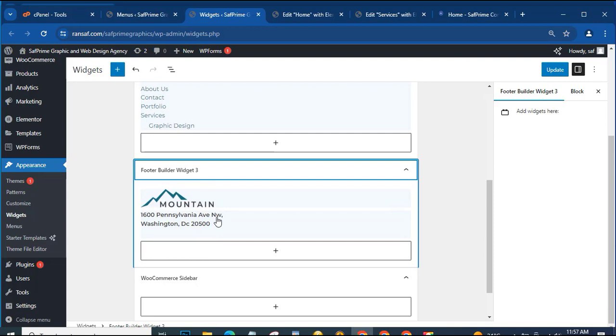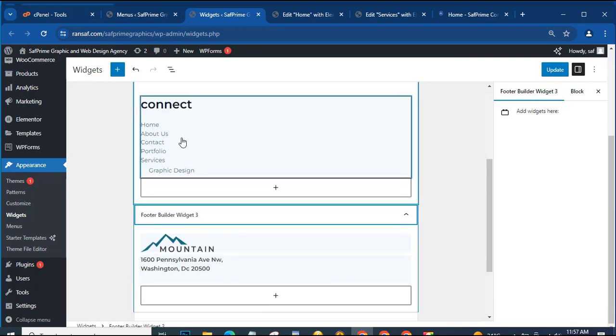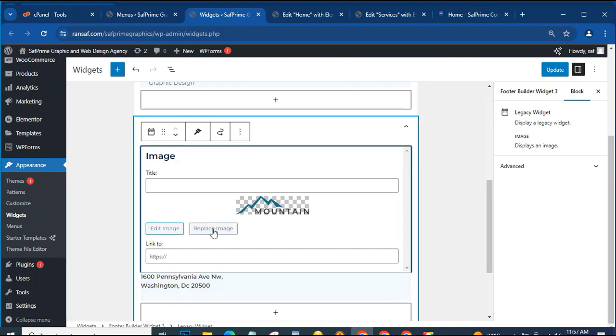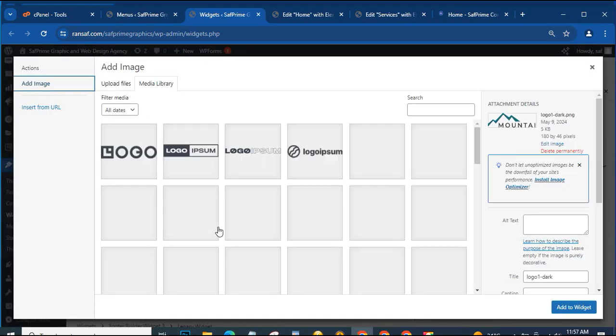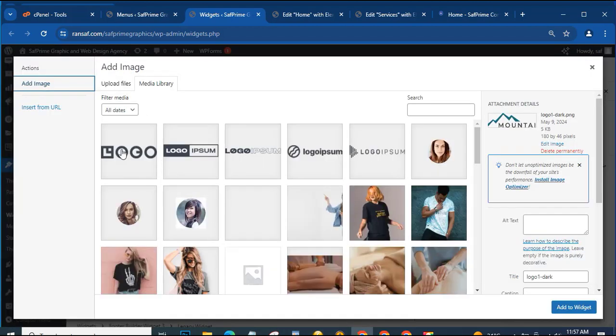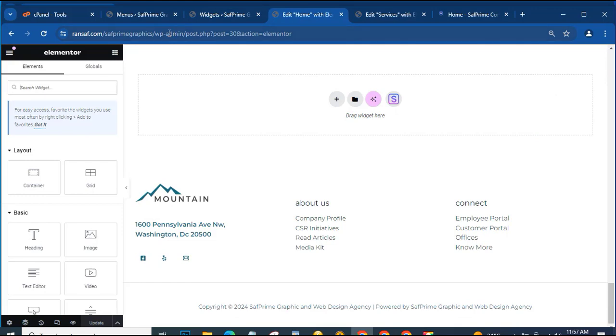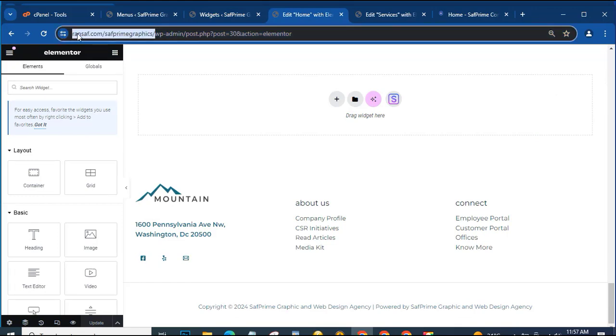Now 3, so you see home, about us. Now when you come to the 3, this is where we have the logo. So let's replace this. I don't have any logo uploaded, so let's use this. And then you put in the link. You see that it has given you the format. If you start with www, it will never pick it. So here the link, maybe you can select the home page link and use it. So let me start from here,